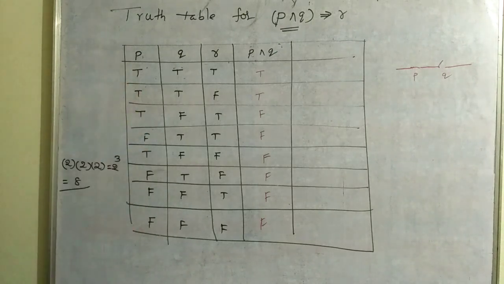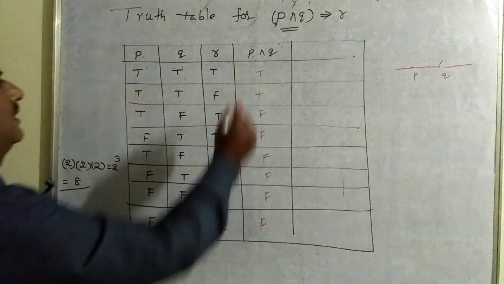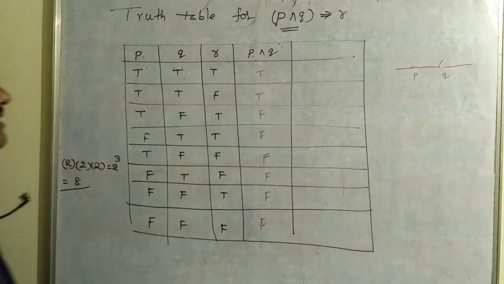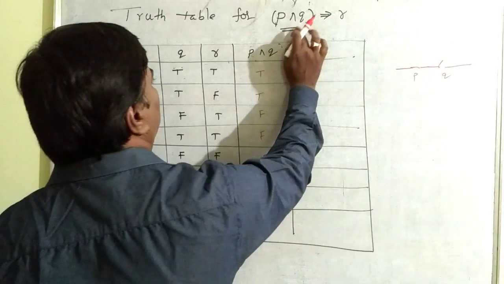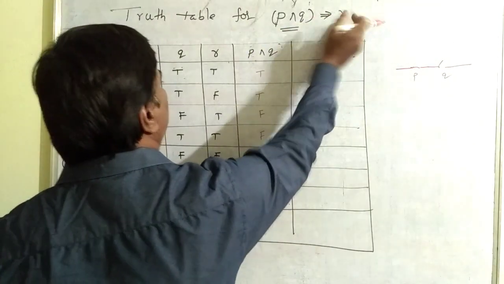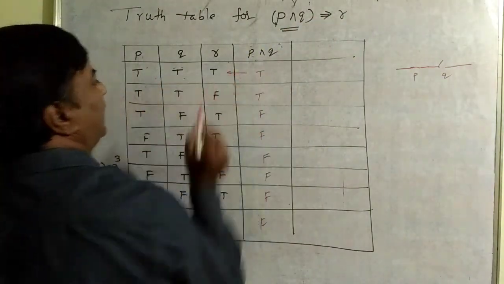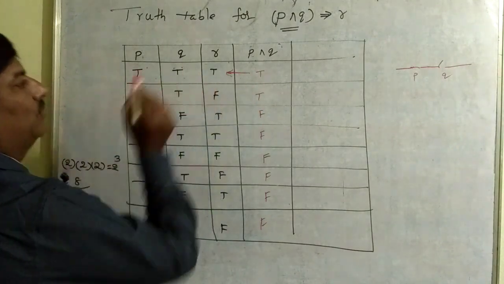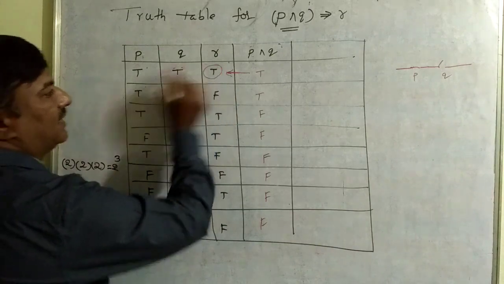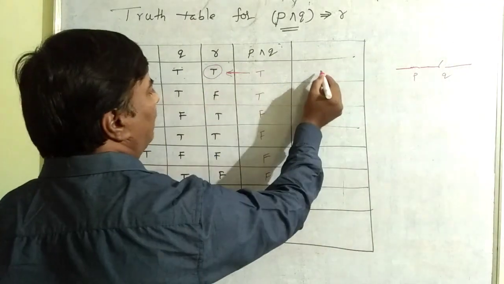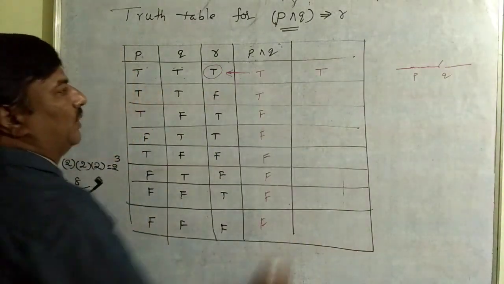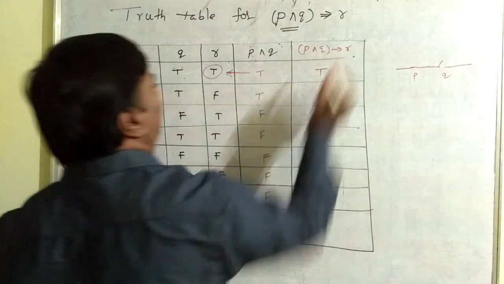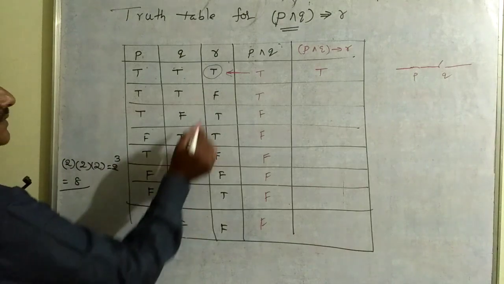Now we'll go for the final result. This is P conjunction Q, this is R. The final statement is P and Q implies R. The R side takes this direction. P and Q implies R. The final result is nothing but we'll get true to true. In implication, both true means true we will get. P and Q to R, that is, we'll get here in this